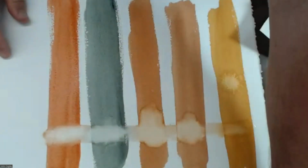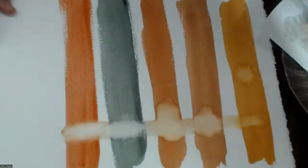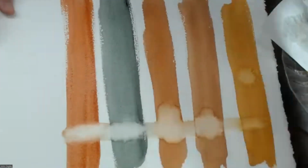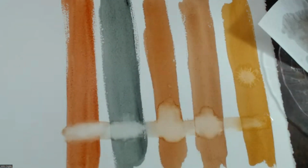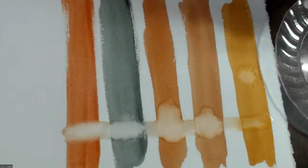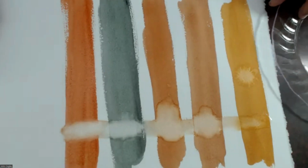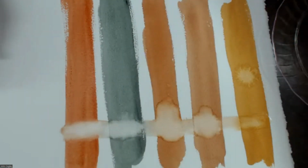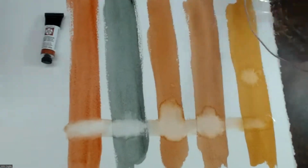Okay, Jen's just gonna mow the lawn. Okay, so the next five, we're gonna have Italian deep ochre,